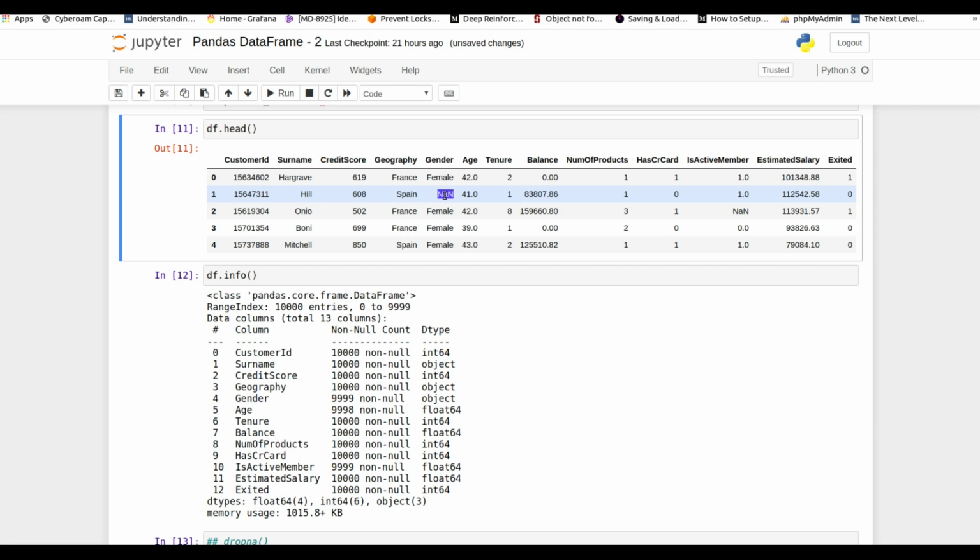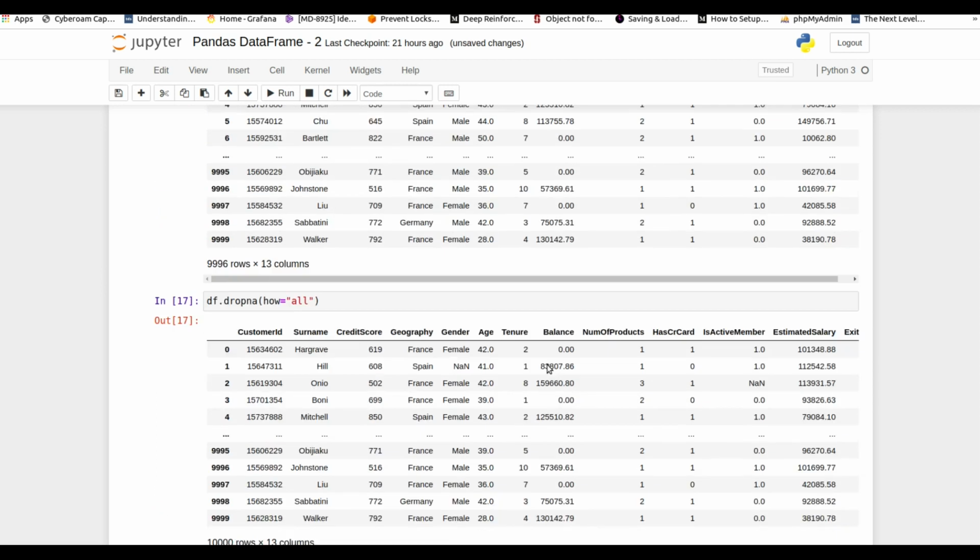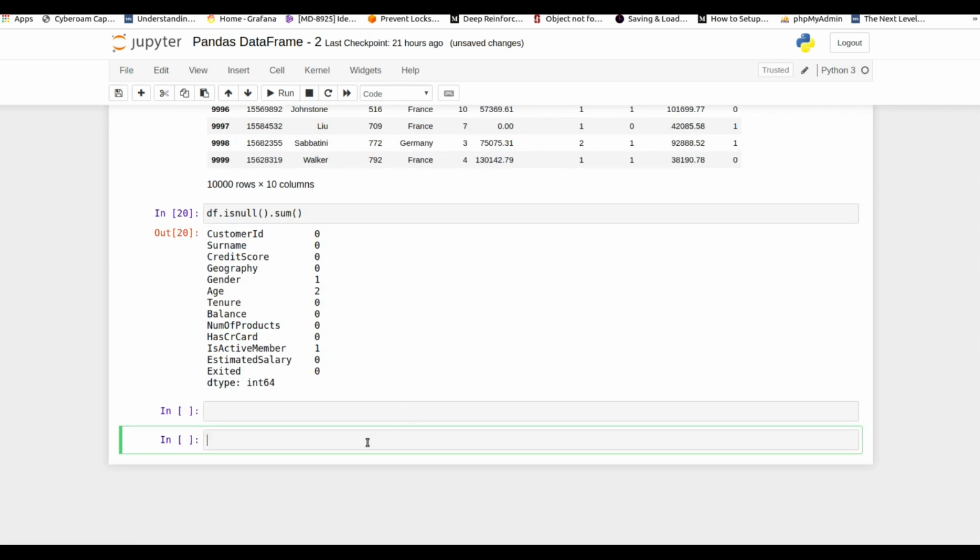Suppose we have 70% or 80% female, so this may be a female. So you need to convert that blank value to female. In that scenario, you need to use the fillna function.